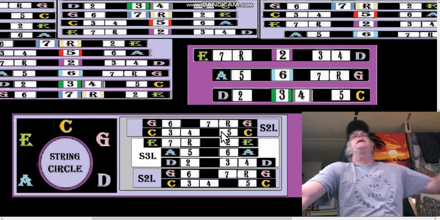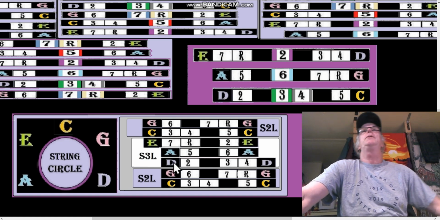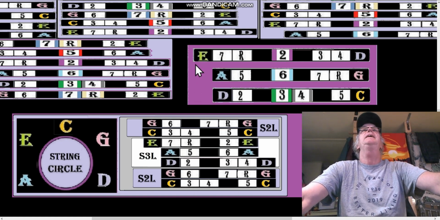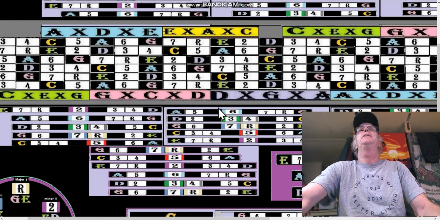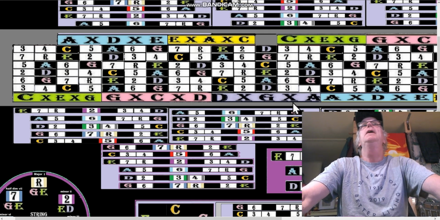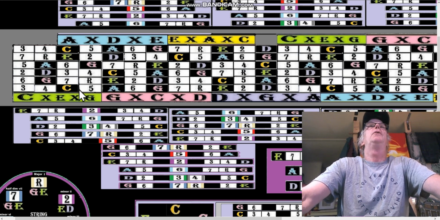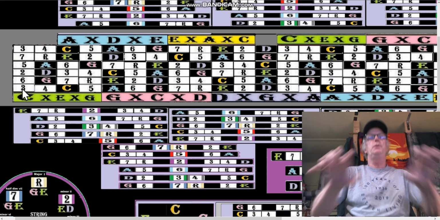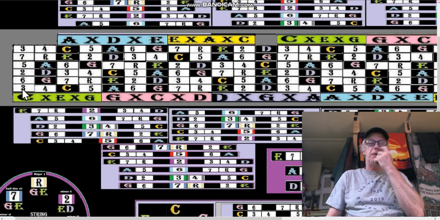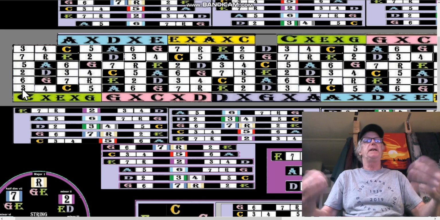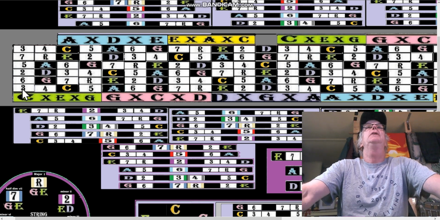So that's where they come from, but guess what? You don't have to be in different keys. You can be all in one key, and let's just talk about the key of C. But let's face it, if you want to call this the key of C, you can just move that whole thing over as many half steps as you want and play in any key that you want. But let's look at it as the key